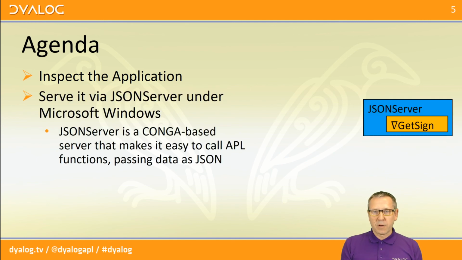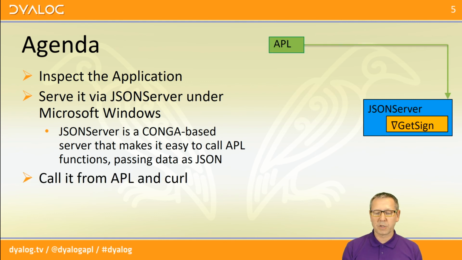The main technology that we're going to be looking at is something we've just created called JSON Server. I'm going to start showing that on Microsoft Windows. What it is, is Conga-based, which if you're not familiar with Conga means it's a TCP server application that makes it easy to call APL functions with the argument coming in in JSON format and the results also being passed back in JSON. Once we've got that up and running, we're going to test it from APL, and then